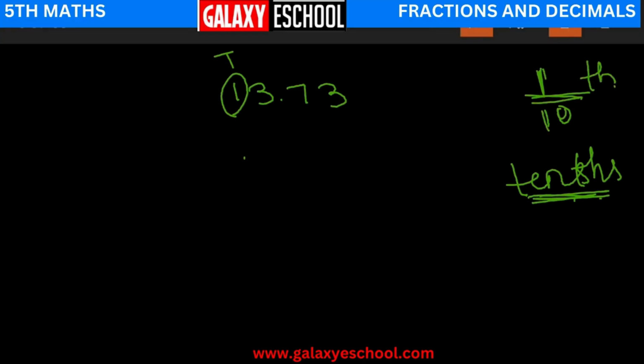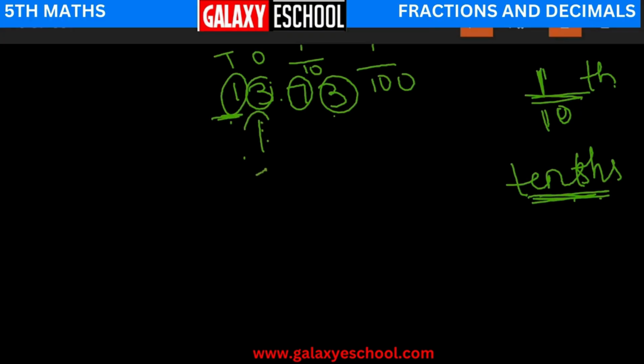If you look at the place values of the given decimal number, 7 is in 1/10 place, 3 is in 1/100th place, again this 3 is in ones place. These are the place values of the given decimal number. If you recall, how do we round off a given number to the nearest 10? We look at the digit in the ones place, and if it is less than 5, then we round